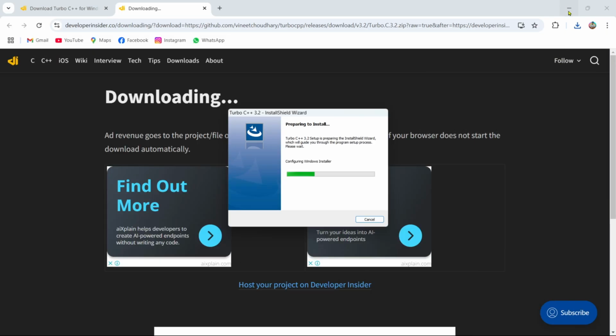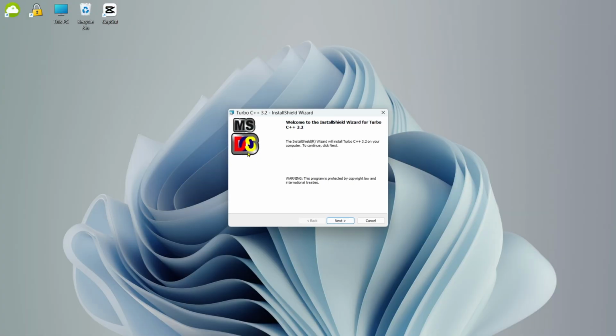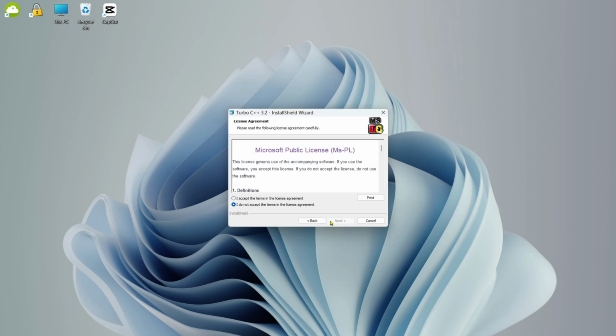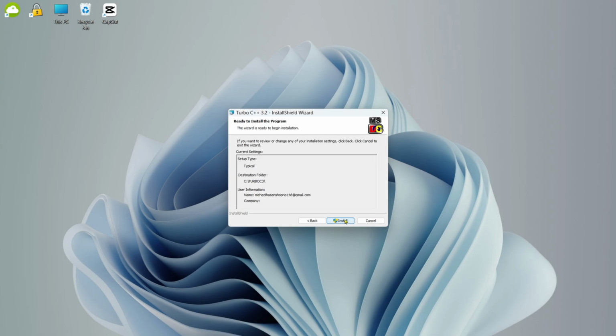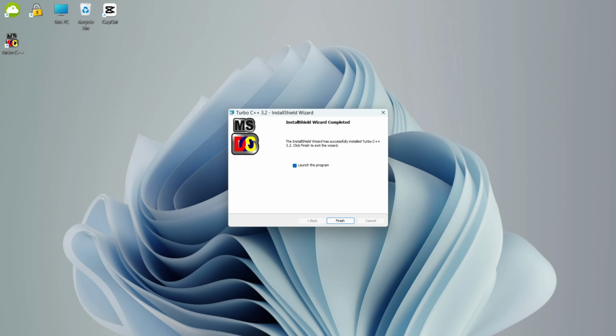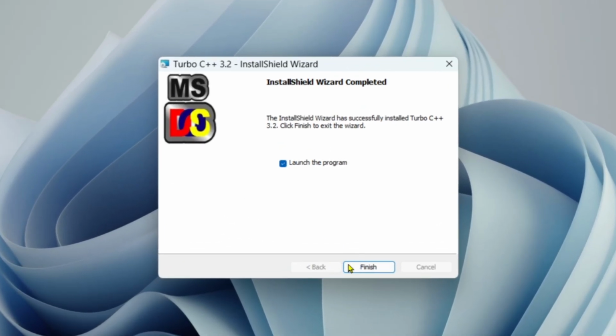If you minimize all the background over here, you can see that now the Turbo C++ 3.2 InstallShield Wizard has appeared on your computer screen. Now if you click on Next and click on I accept the terms in the license agreement, click Next, then Install. Another time, and now the installing of Turbo C++ is running. And now there will be a permission prompt, click Yes for the permission. And you can see the installation wizard is completed, and now if you click on Finish, it will open up